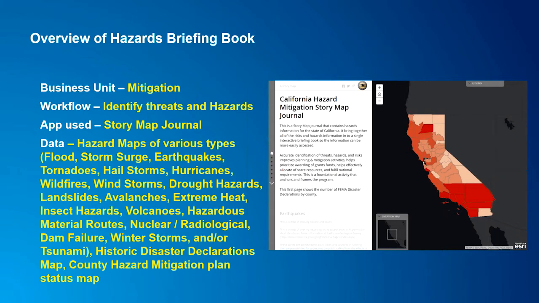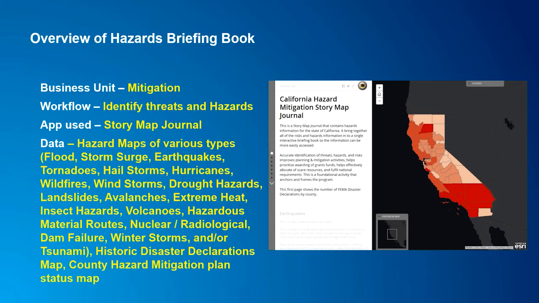So, we learned a lot of things that set the stage for getting us started, and what do we want to look at in terms of a couple of information products to get started with when thinking about implementing a modern system to support the needs of your emergency management agency. And the first information product that we want to talk about here is an overview of hazards briefing book.